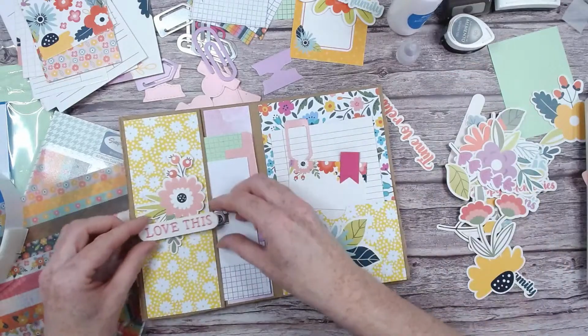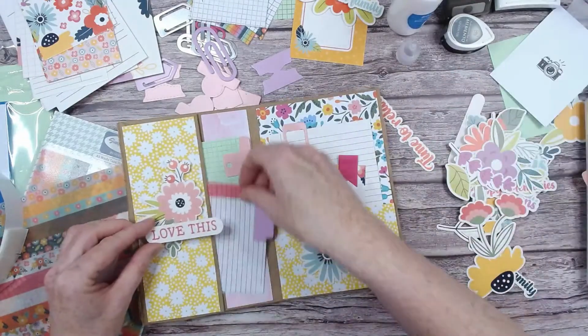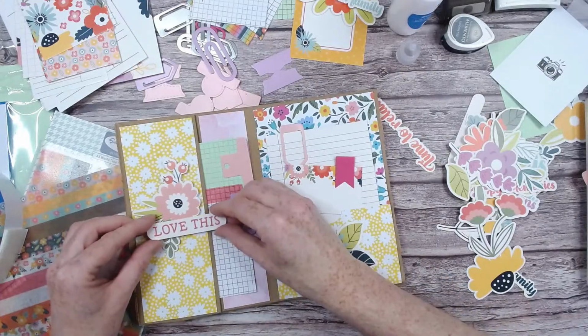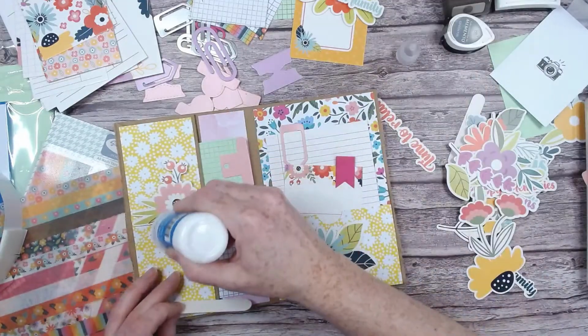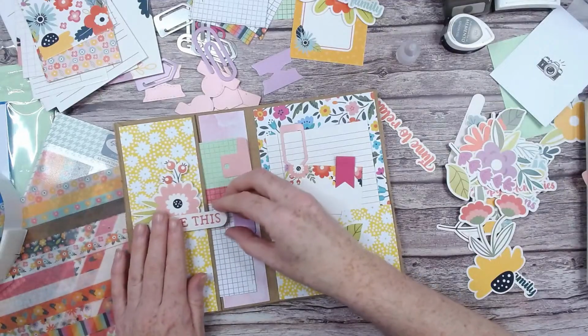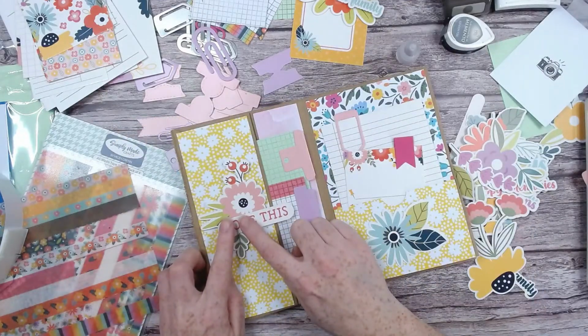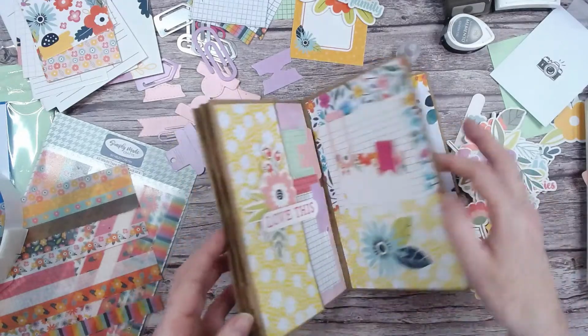There we go. Put love this here. Take that out actually. Yep, pop that there. It's always good to audition things and try things out. Okay, so this is why that's going to be slippy. That needs to dry. But this is why